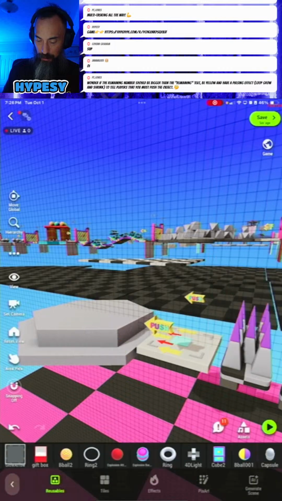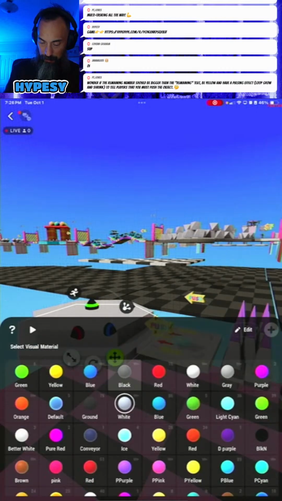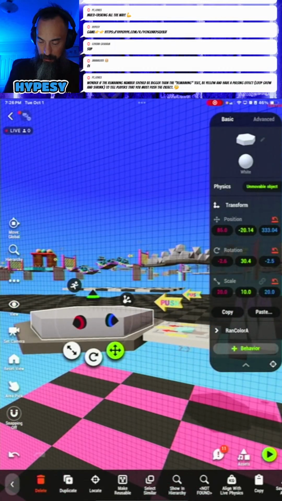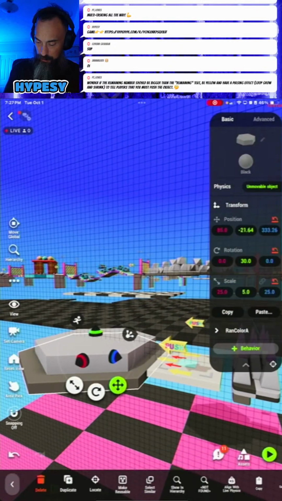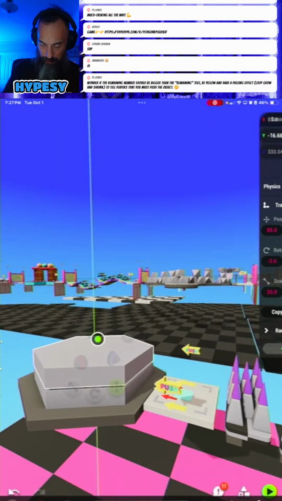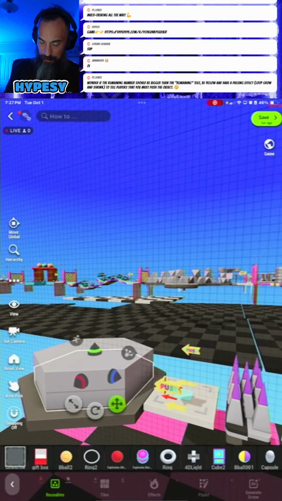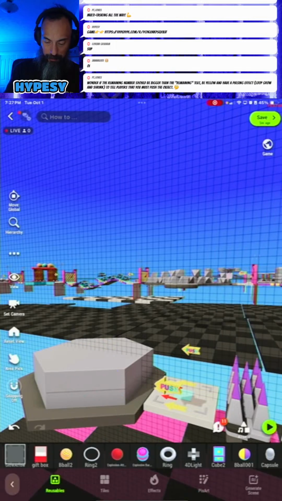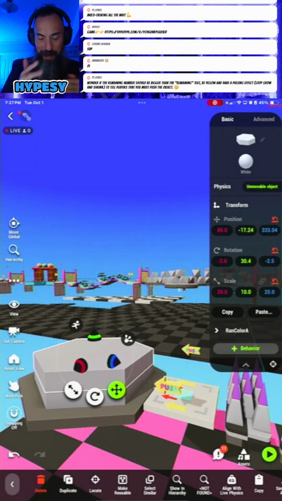You know what? I could probably just color code these along the way. So let's just make this one black. Duplicate. And there's the X, Y, and Z value on these objects.